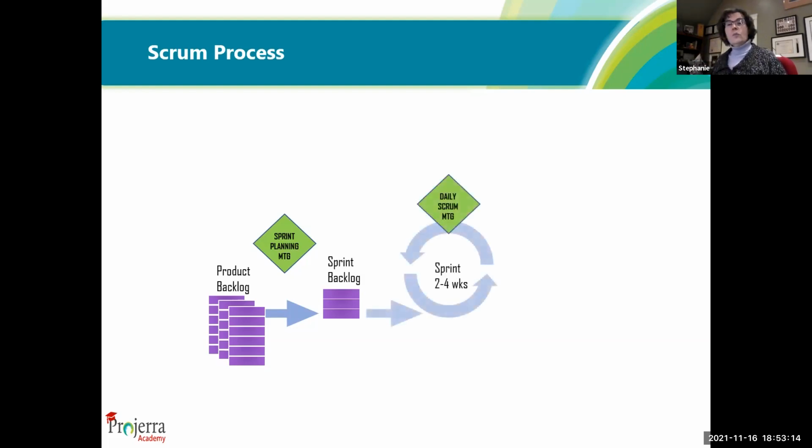And then they start to work. Sometimes anywhere between 2 to 4 weeks, they set their cadence, they set their rhythm. Most Scrum teams like a 2-week rhythm. I've worked in some organizations where they just can't get it turned around in 2 weeks and they prefer a 3-week or a 4-week rhythm. But you set your rhythm and you work on it consistently.